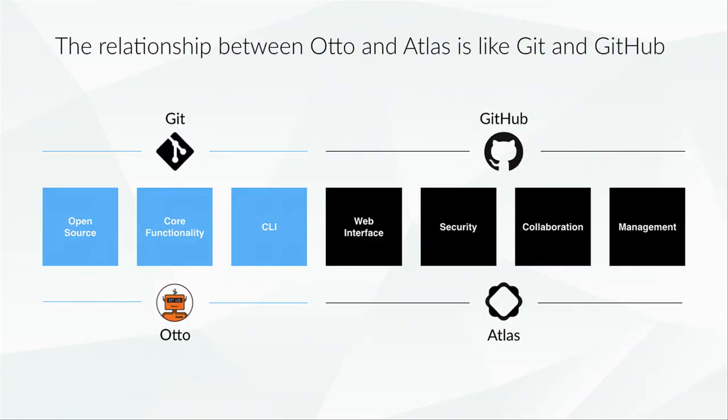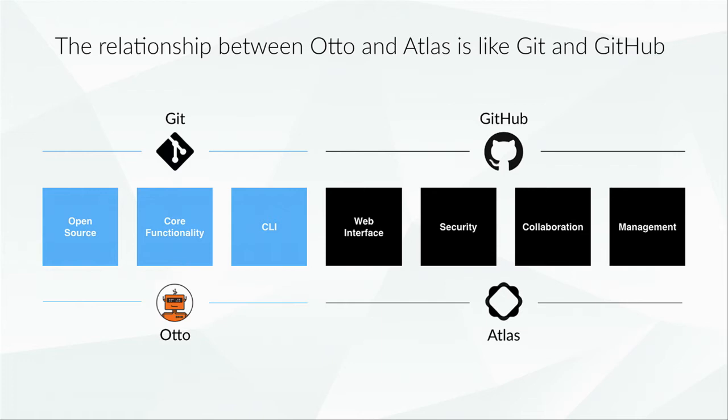And that is Atlas. So an analogy I like to make is the relationship between our open source and Atlas. Auto is the wrapper around all of our open source, and Atlas is a lot like Git and GitHub. And this diagram helps make a lot more sense. Again, I'm not talking about Git as a version control technology, but as the idea that Git is the open source thing, the workflow thing, and then GitHub gives you more collaboration, UI management, visualization, things like that on top of it.